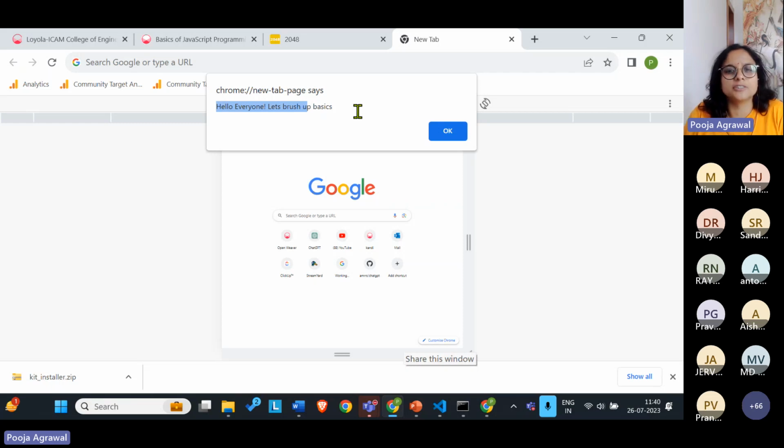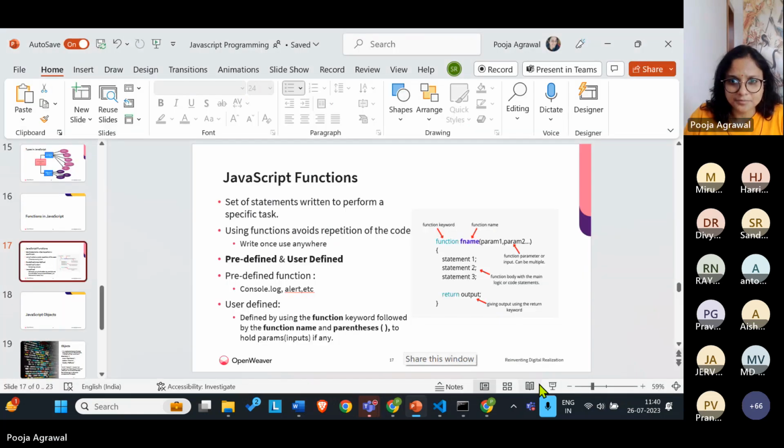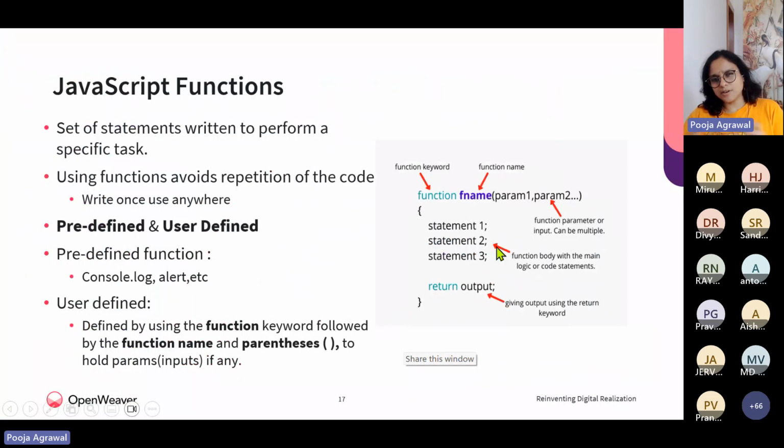So what are these kinds of functions basically? These are functions that are primarily there for you to access, like console.log or alert. These are predefined functions. I could just go to any browser page and run them, make changes, and those changes would be reflected immediately on the page itself.